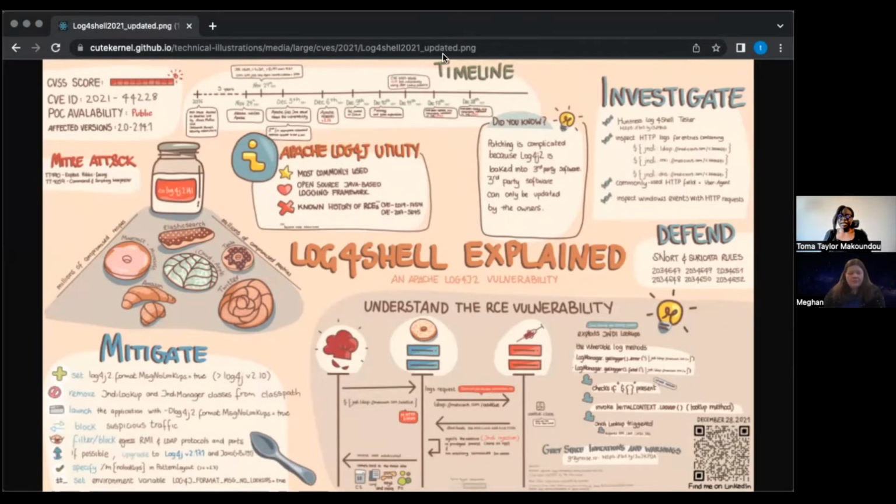Yeah, so I think there are many aspects of this CVE which are better understood in a drawing. One of them is the omnipresence of the Log4j framework in many products that we use every day. Other interesting aspects are the simplicity and accessibility of the POC that at some point was made public. And as shown in the timeline, the vulnerability started to be increasingly exploited by threat actors of all levels. That is script kiddies to nation state